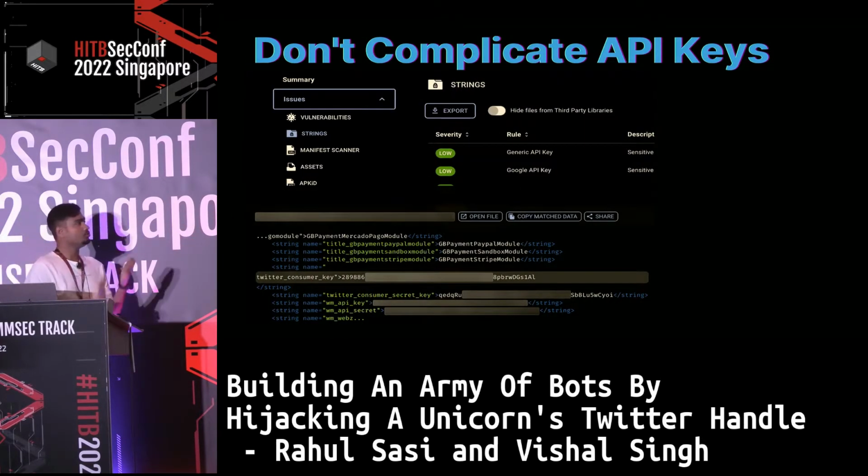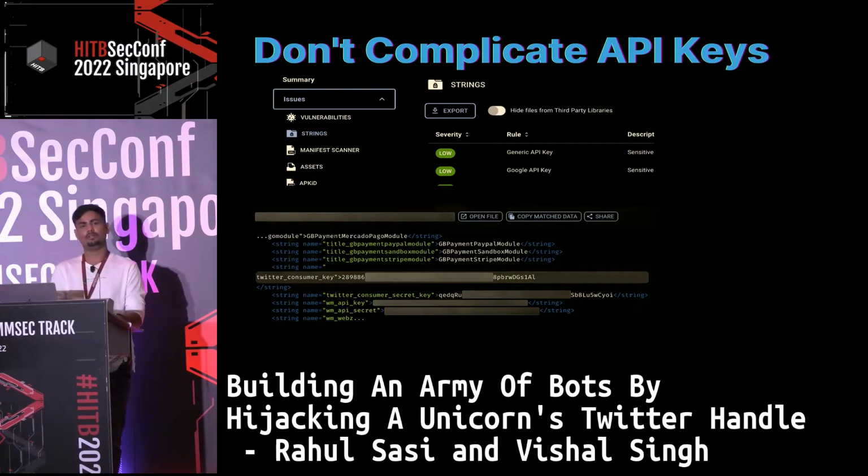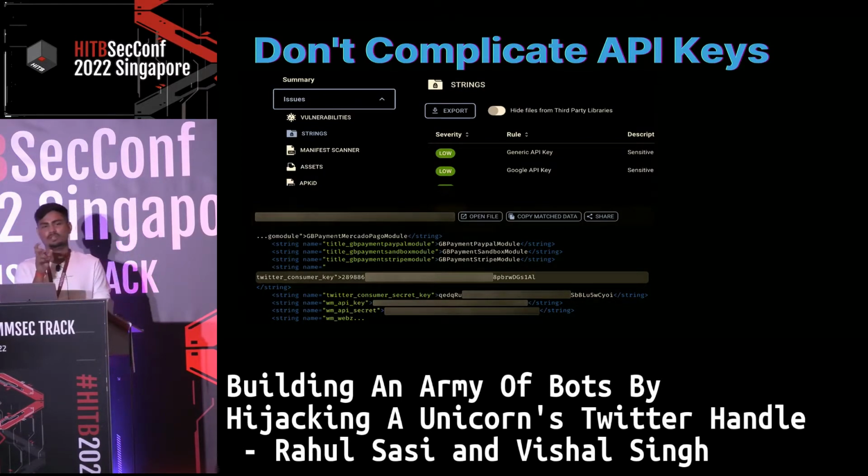So why I say don't complicate the API keys: the mistake vendors or developers make is that they put a different variable name with a different key. In this case, as you can see, it has written the Twitter consumer key, but the token which is leaking is an access token.